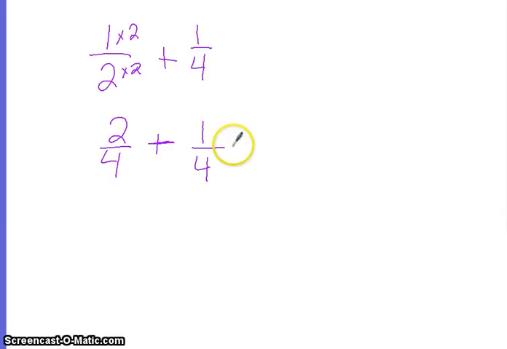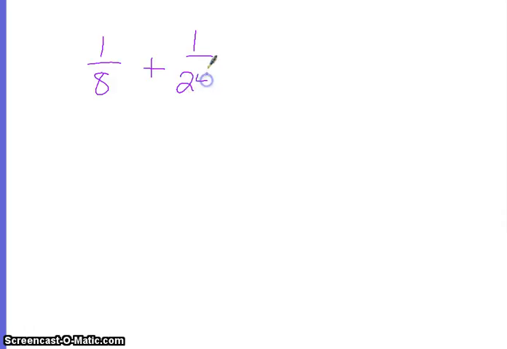Now, just as before, our denominators are both now 4, so our denominator will be 4. We add our top numbers together, and the answer is 3 fourths. So let's practice one more with a little bit harder denominator. We're going to take 1/8 plus